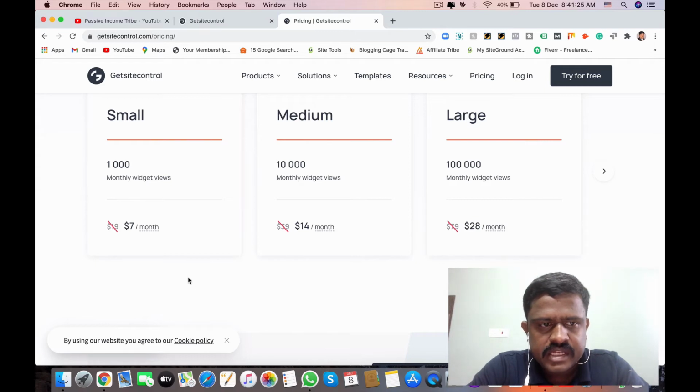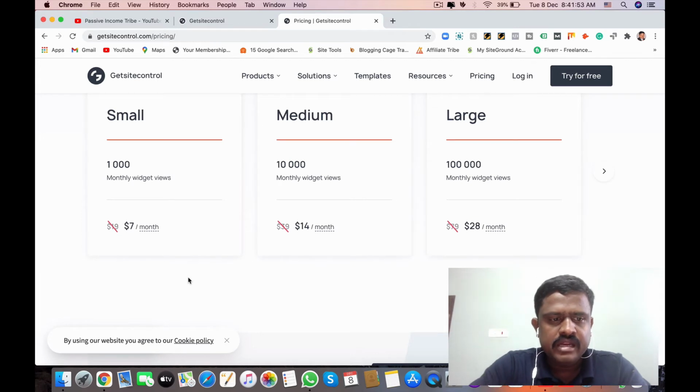Three types of pricing, and three types of plans, small, medium, and large. All the features are the same in all the plans. The only difference is the widget views, how many views happen in a particular widget. So small means 1000, medium 10,000, large 1 lakh, monthly widget views.